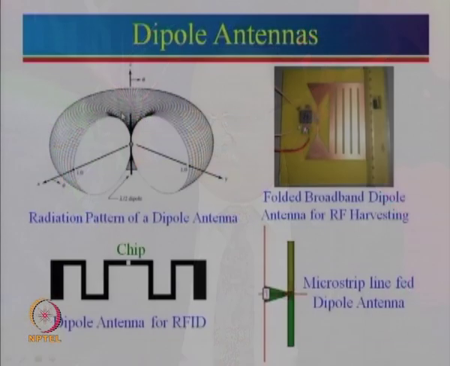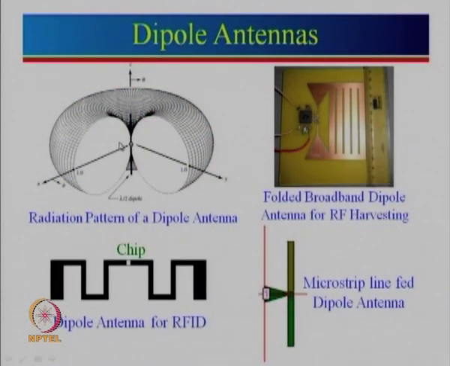You might have seen that many of these RFIDs are fitted in a visiting card. In a visiting card, the size is a big limitation. So, if we try to use a straight lambda by 2 dipole, it will be very long. So, instead of having this long dipole antenna, we bend it so that we can fit it in the given credit card size. Now, the dipole antenna actually requires a differential feed over here. So, it requires a plus here and a minus here, which should feed these two elements.